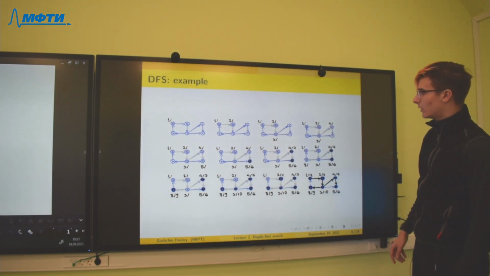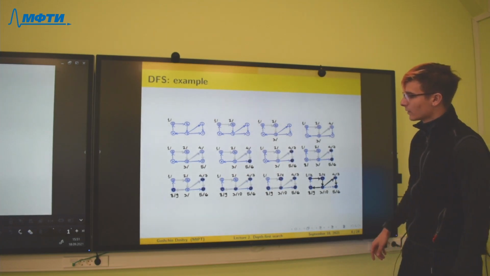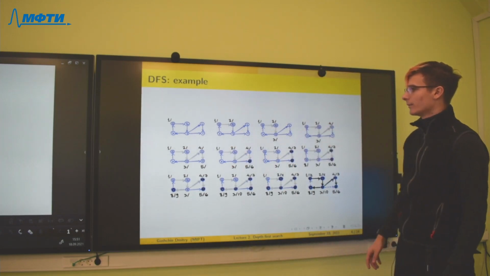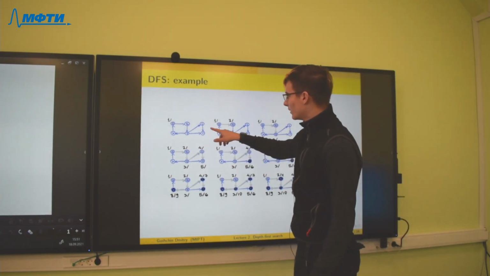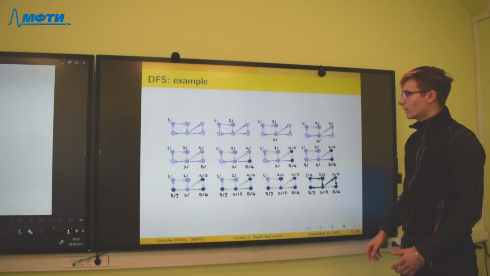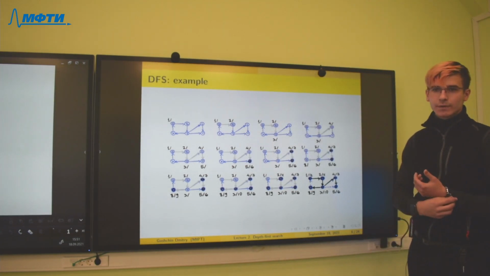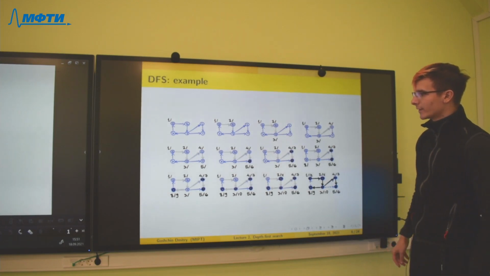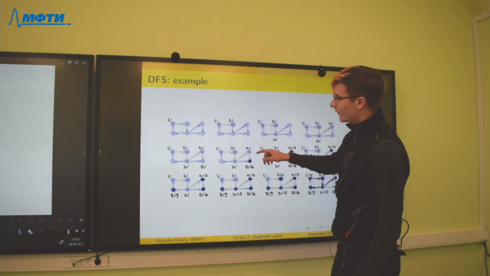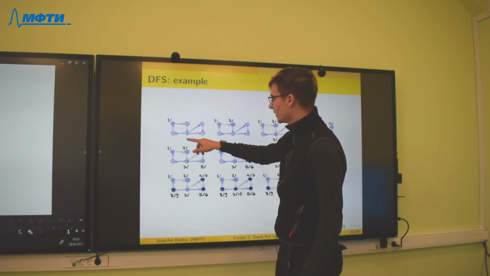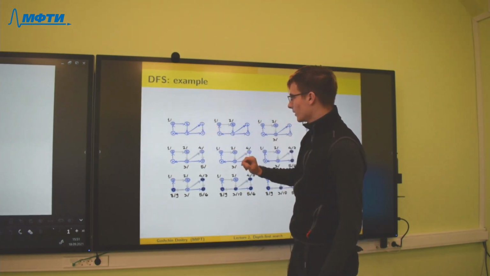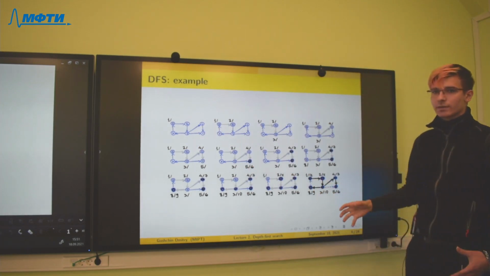But if we start with vertex F, we see that no other vertex can be reached from it. Then when we repeat the algorithm for vertices A, B, E, D, we see that, for example, from B we can reach F and we connect this graph.